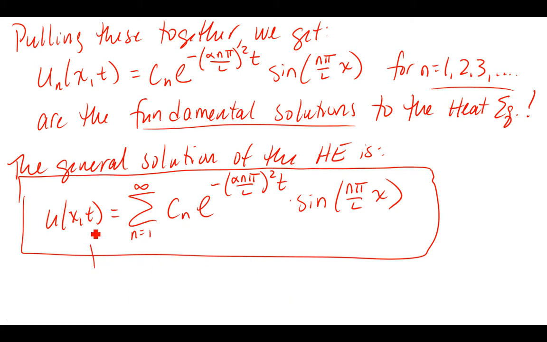If I plugged in t equals 0, which, by the way, is that not what we always do at the end of a general solution? We plug in time 0, and then we use the initial values we have to solve for the constants. Well, what would happen if I plugged in time 0? That would kill that term. That term would just be 1, so I'd be left with that. I'm going to say that on the next slide, but I wanted to point it out here. Just like we've always done with DEs,